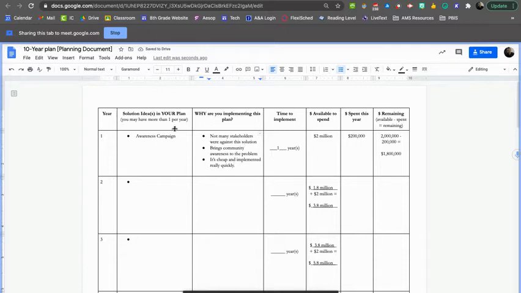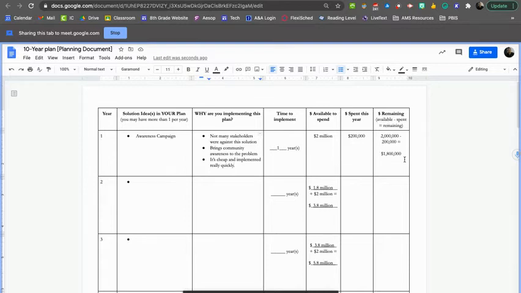Those might be some things that I would want to add in. I want to know why you were implementing the solution rather than all the other options. This is the thing that I'm most curious about as your instructor. If I were to fill this out, I have the awareness campaign going first. I have 3 bullets as to why I want to include it at the beginning. It takes 1 year to implement, and you can get that from the solutions document. I have $2 million to spend the first year, but I'm only spending 200,000.